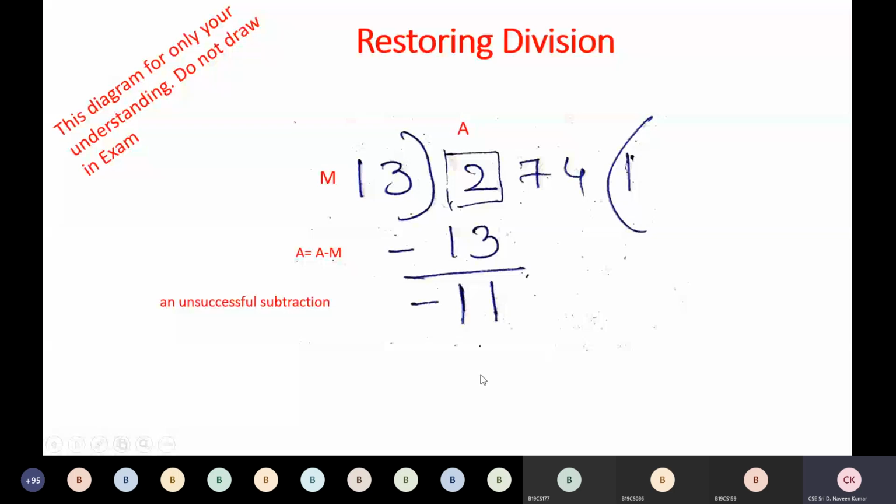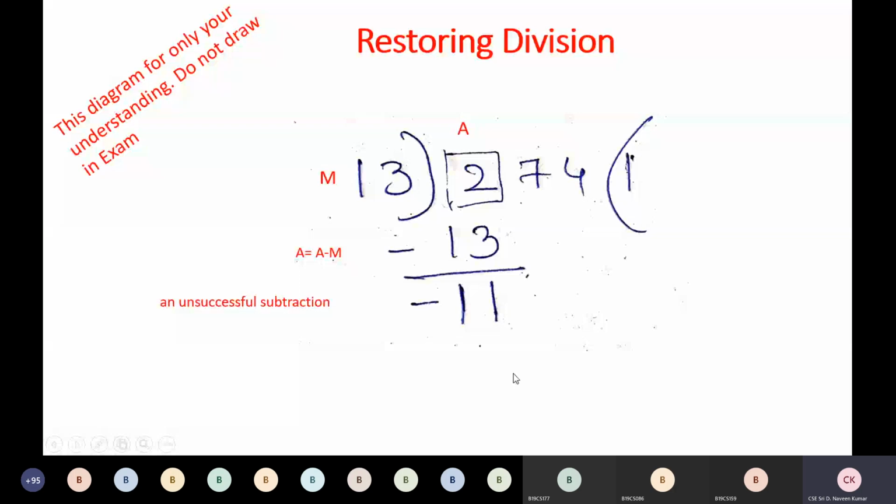So whatever mistake done by the computer by considering only one number is rectified by again restoring back 2. How is it done? By adding plus m. So restoring cheyalante gurtu pettukondi, what we need to do is a plus m. It gives the 2. Right, we will get that 2.